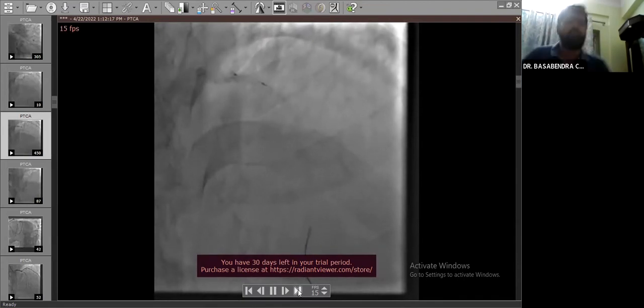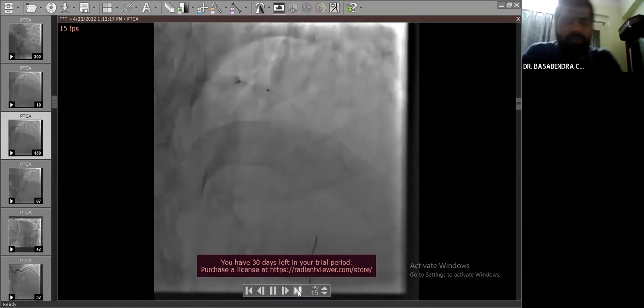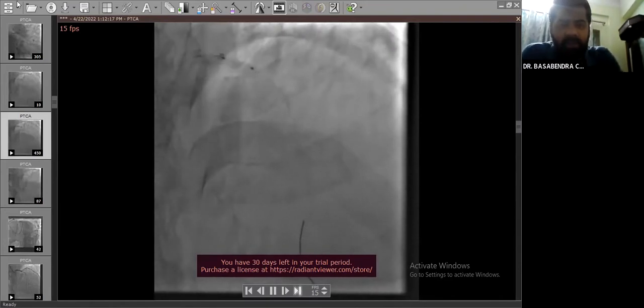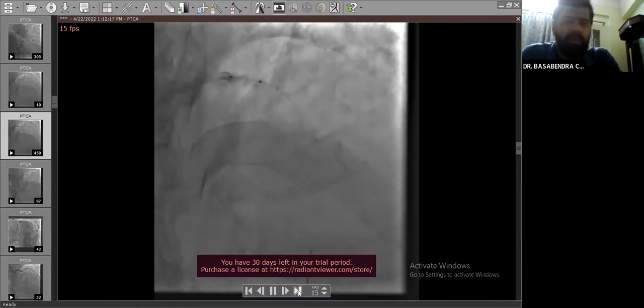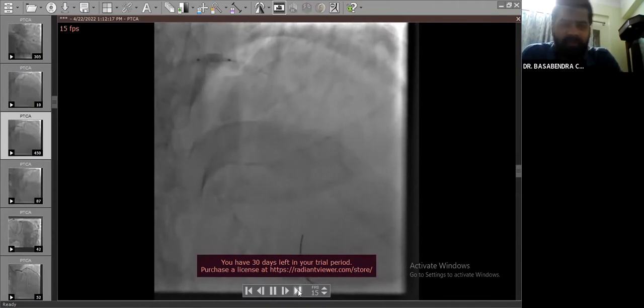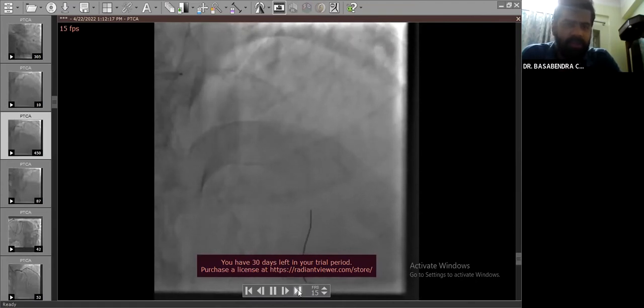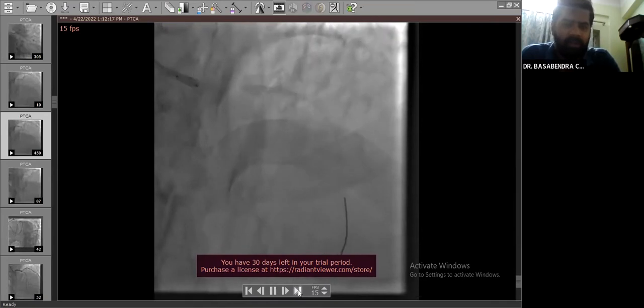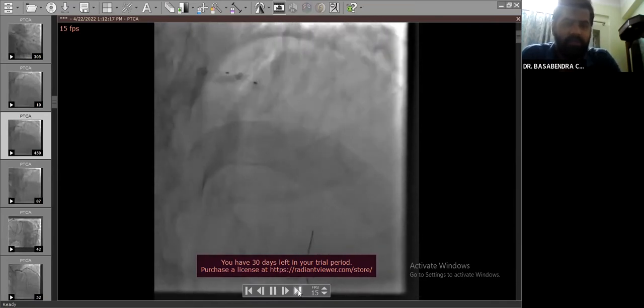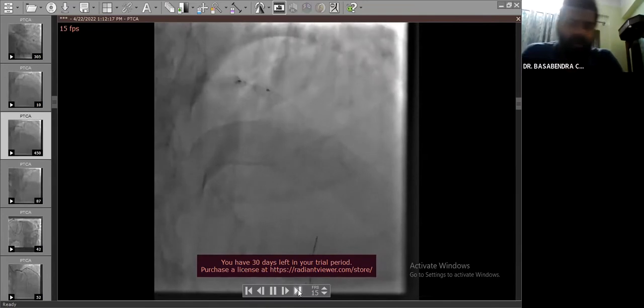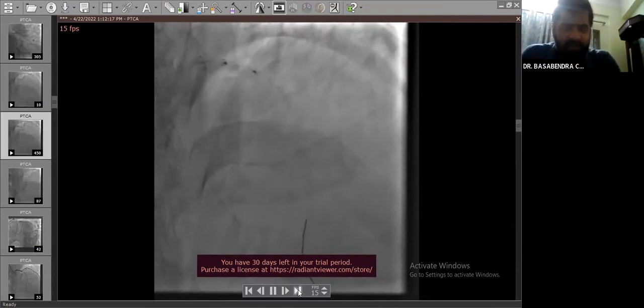Balloon was taken just distal to the dislodged catheter tip. Then a very low inflation was given at around 6 atmospheric pressure, and as you can see, the tip got trapped, and as the balloon was pulled back, it went inside the catheter. And after that, the pressure was increased to around 14-16 atmospheric pressure, so that it cannot escape further towards the artery and remains trapped inside the catheter.